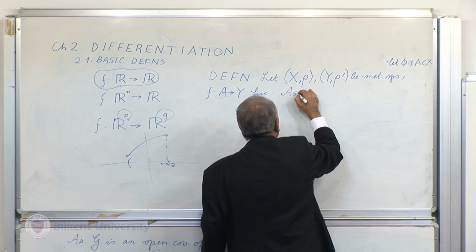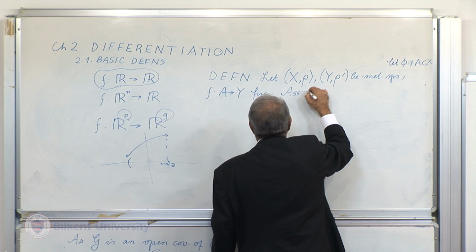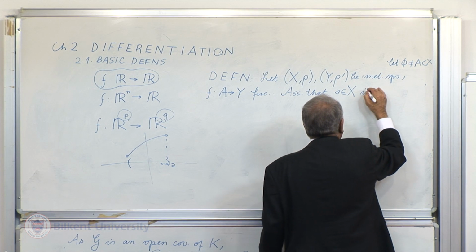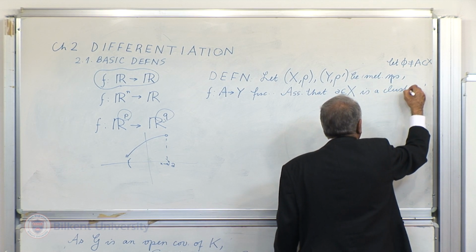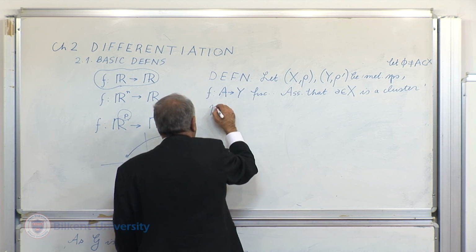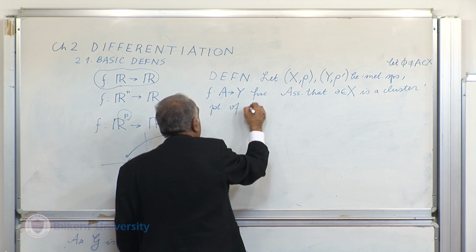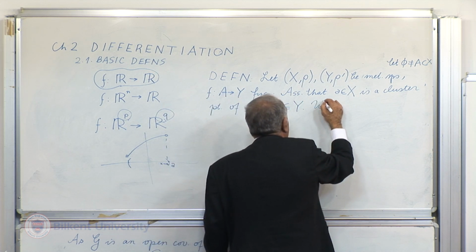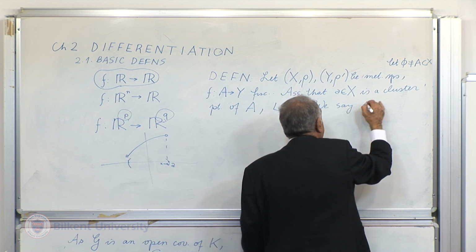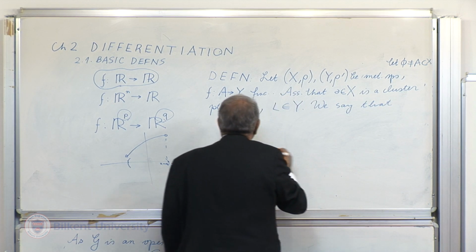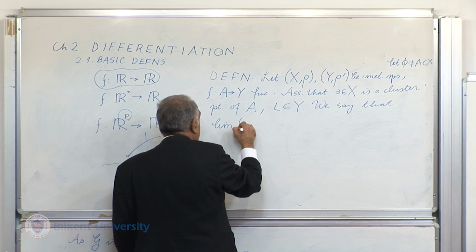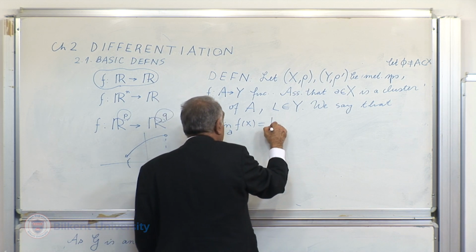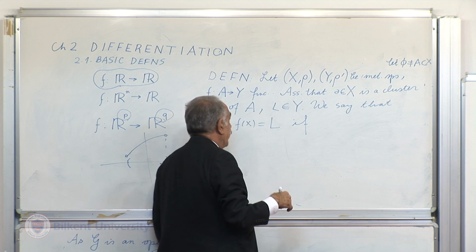Now assume that a in X, not necessarily in capital A, is a cluster point of A. And let me take L in Y. Now we say that the limit of f of x as x tends to a is equal to L if